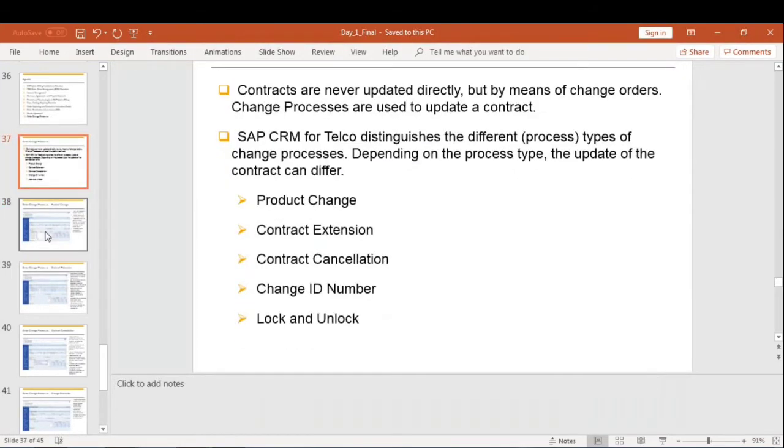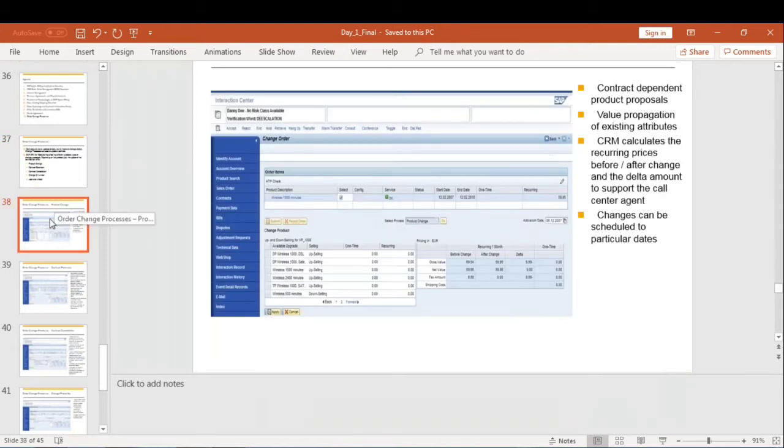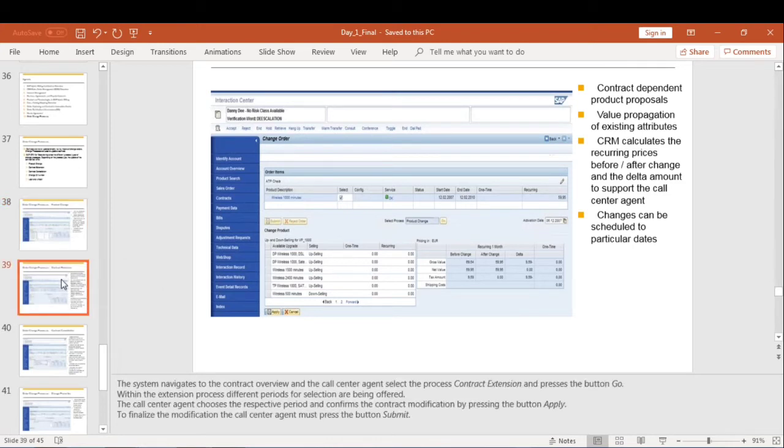So all these change processes are there, right? We have a business role in CRM web UI, provider IC agent, that is provider interaction center agent. He is eligible to do all these operations, that is, changing the plan from 299 to 399.